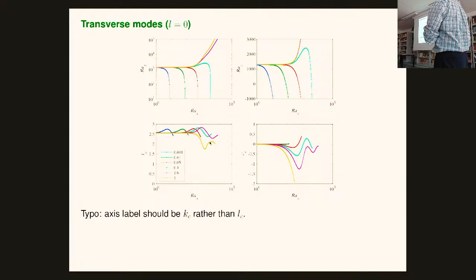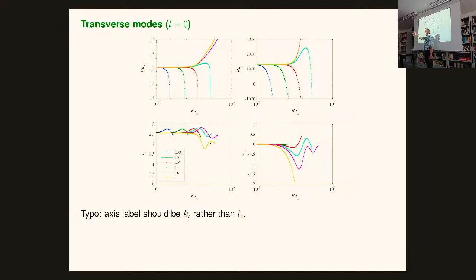These are better results. These are the modes I just showed you. They have l equals 0. You can call them transverse modes because this is the direction of my basic flow. So they have cells that look like this. And this is just what I showed you before, slightly more carefully done. You see that it comes down for Rayleigh numbers less than a 6, although a 6 seems to go up. The frequency goes actually slightly crazy, and the wave number doesn't do very much at all. I've cut these off when it goes down to minus 1,000.